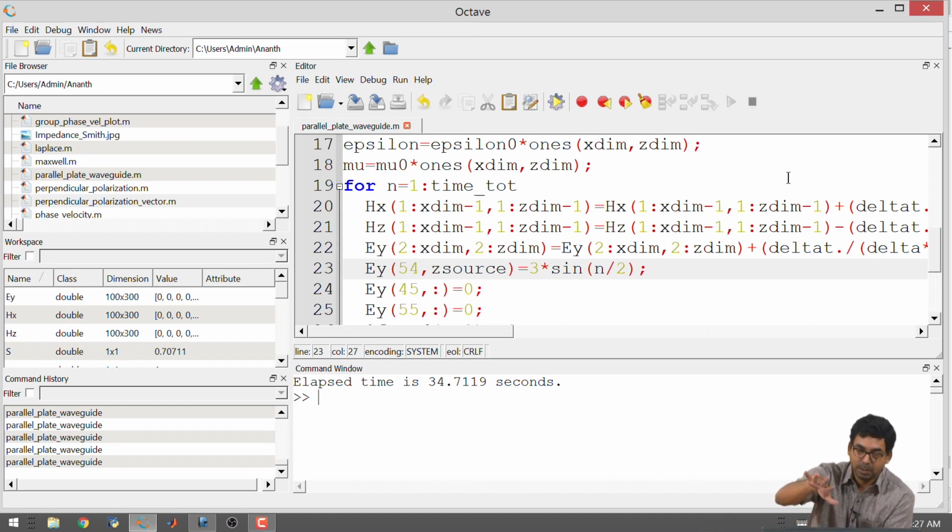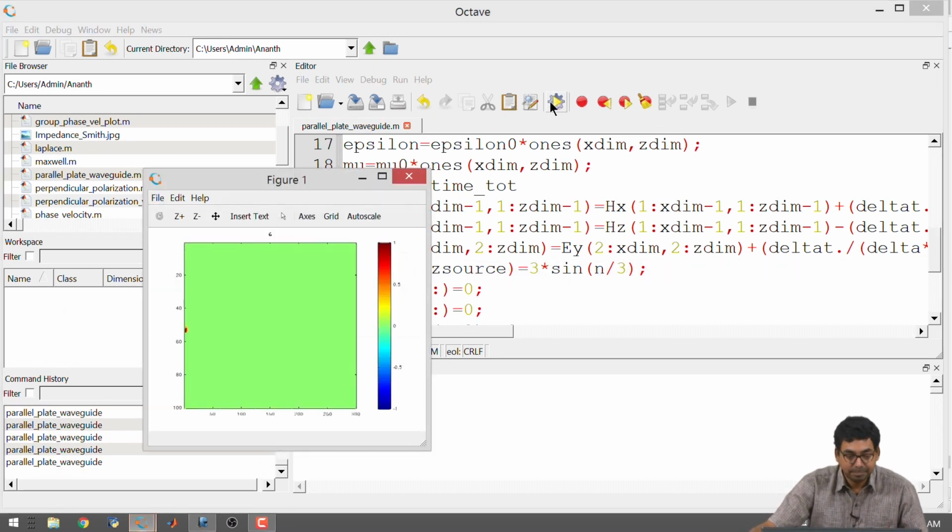So, now you saw that towards the end it was single mode; if you run it for more time, that pattern will change. That is why it is easier for us to operate a waveguide under single mode condition, so that you do not have this confusion as to what kind of pattern will be present at what instant of time in what space. So, I think the best way is to decrease the frequency of operation a little bit and see what happens.